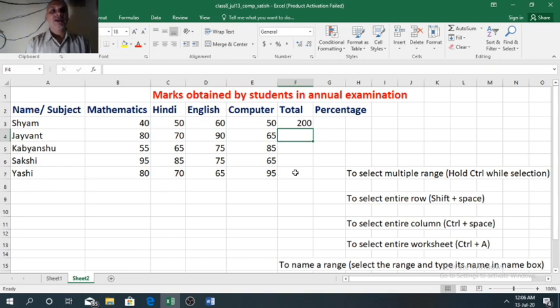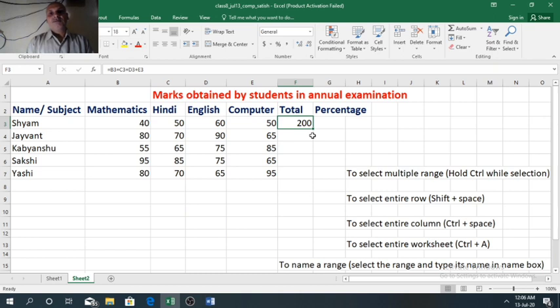This software provides us the facility to copy the formula, which we are going to study today: how to copy the formula from one cell to another cell. For that we need to enter the formula in one cell. That I have done here. Now select the cell where the formula is entered. So F3 is selected.